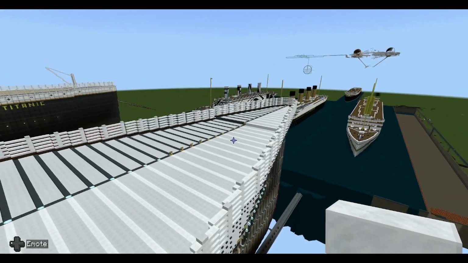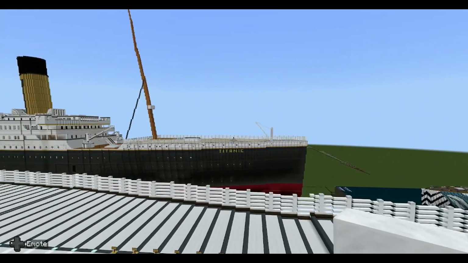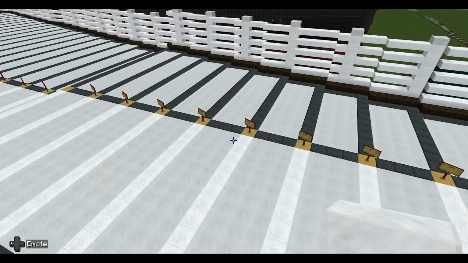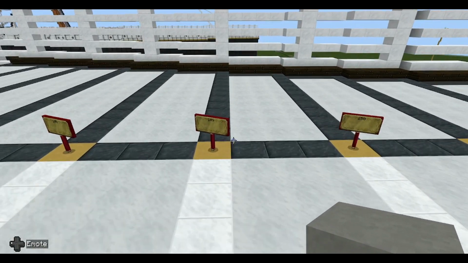Right, I'm back, folks. So we're going to go to the tip of the bow now. We're going to do basically the arm crane, the cargo. Is it a cargo crane or is it the anchor crane? It's an anchor crane. That's what it is. So get a light grey concrete block and come to frame 1